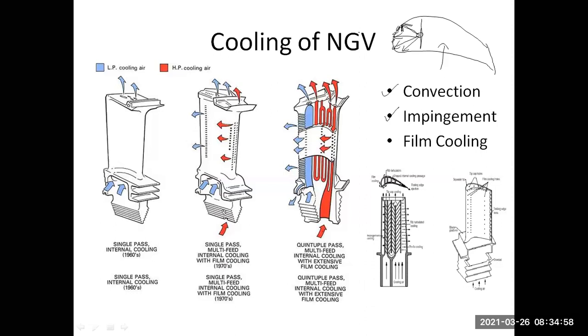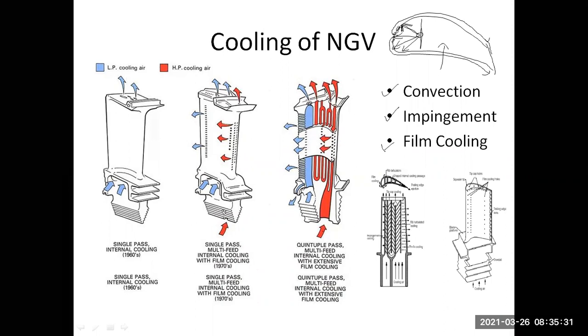Through this drilled hole, the air will come out and it will form a layer of cold air on the blade like this. Understanding it? It comes out and forms a small layer of cold air. That means the air which is coming from the combustion chamber, which is at a high temperature, does not actually come in contact with the blade. It comes in contact with this cold air. Understood? This type of cooling, which is making a film, is called film cooling.